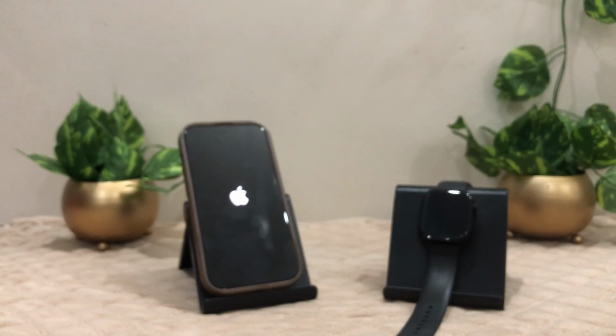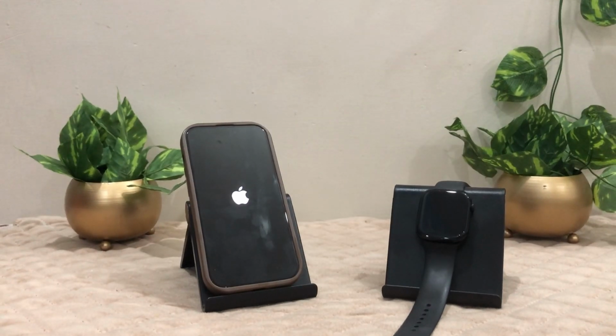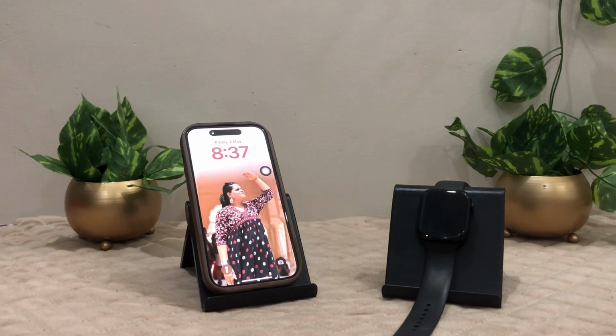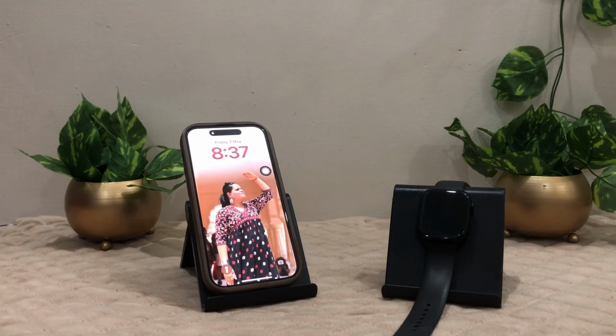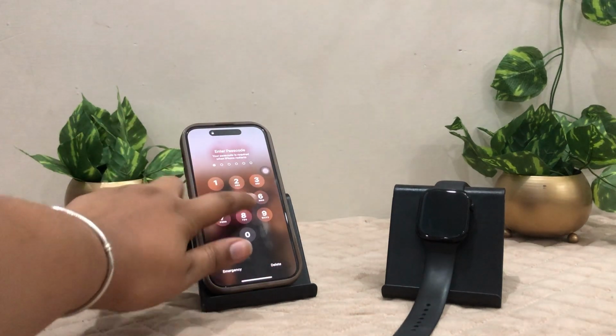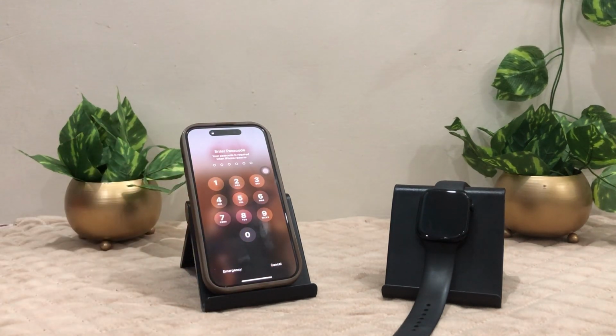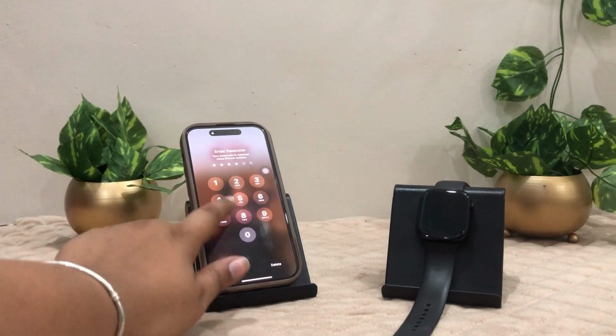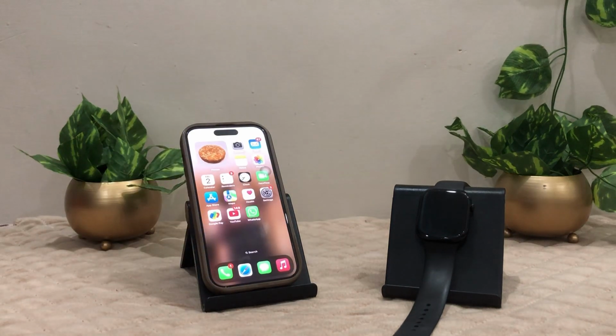This is how you can give a quick restart to your iPhone so that small glitches like a frozen screen, a screen that gets stuck, or a screen that is unresponsive can be very easily solved by this force restart, or soft restart, you can say. Now you can see our iPhone has turned on. You can easily enter your passcode and go ahead and use your iPhone.